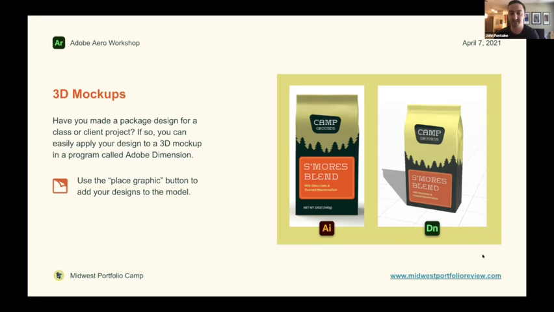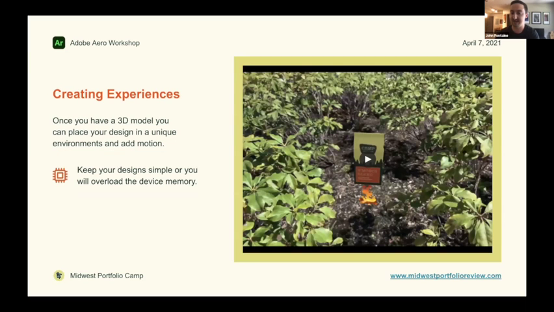So I used the place graphic button inside of Adobe Dimension to take my 2D Illustrator file and wrap it onto a 3D coffee bag. Once I had that asset, I could then bring my Creative Cloud asset into Adobe Aero and add interactions to it. And so this is something that I created